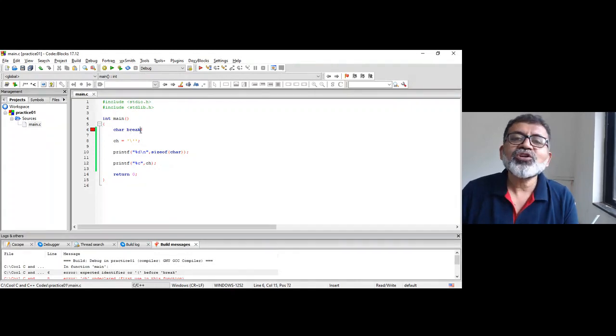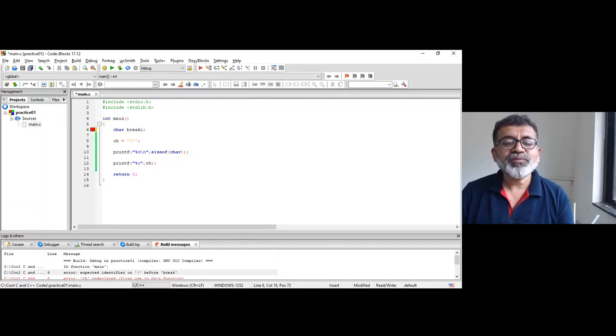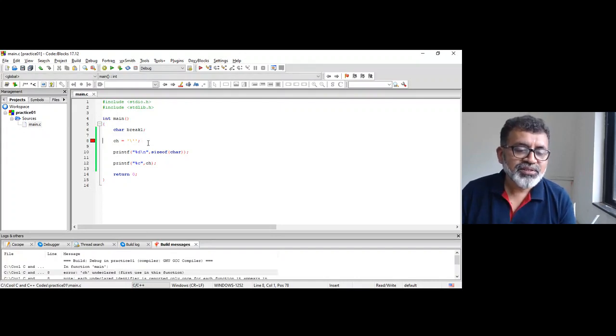Since break is a keyword, it cannot be a variable name. So if I write break1, there is no problem, it will allow you. But here a separate mistake is there.